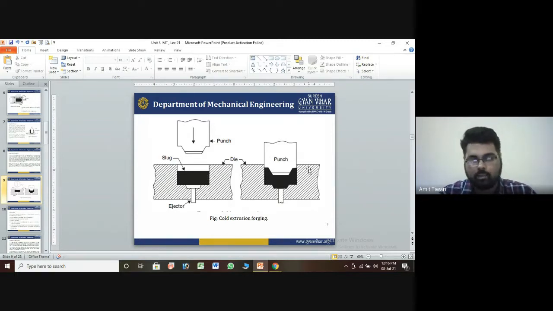So these are some techniques we have adopted, which are easy to understand. Most of the time the material surface can be disturbed, and the liquid material's properties, the properties of the slug, are required. These are the fundamentals of the extrusion process, which we use to fabricate a tube, a rectangular section, or any other type of material with the help of cold forging extrusion, which are now very popular.